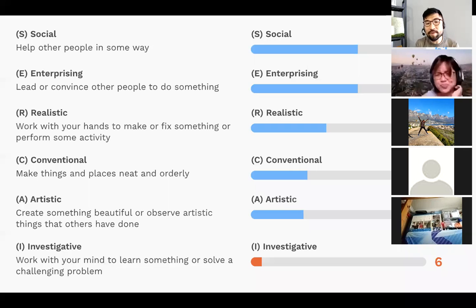So for me, I feel that I'm good at building things. I feel I'm good at making things. Then that's why my realistic is higher than my conventional, right? I don't feel that I am that good with following processes and setting up structures, guidelines, for my work. So that's the reason why the C has been replaced with the R.